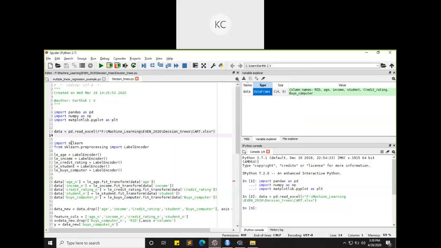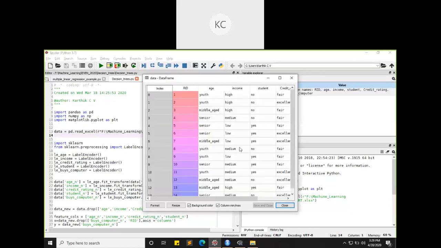Before developing the decision tree, if you observe, all the variables here are alphabets, not numerical values. Whenever I want to develop any decision tree or any mathematical model, I want numerical values.